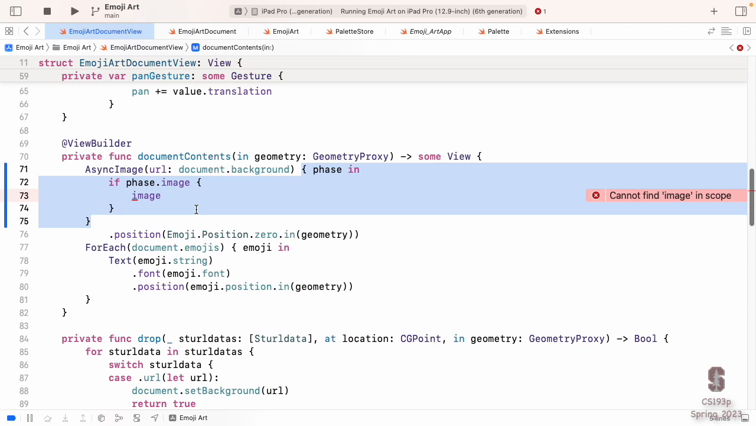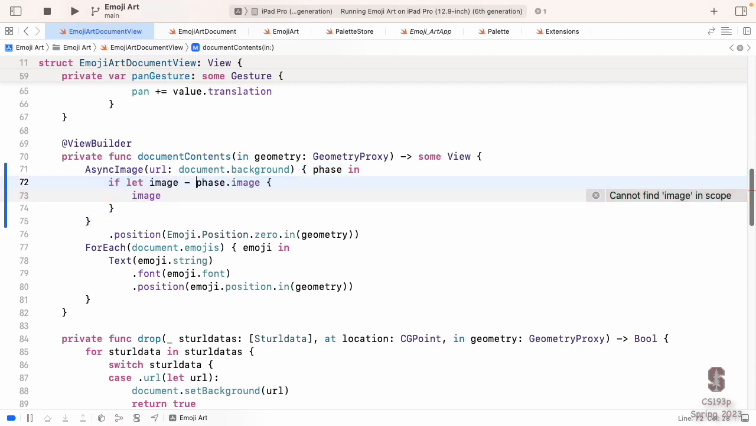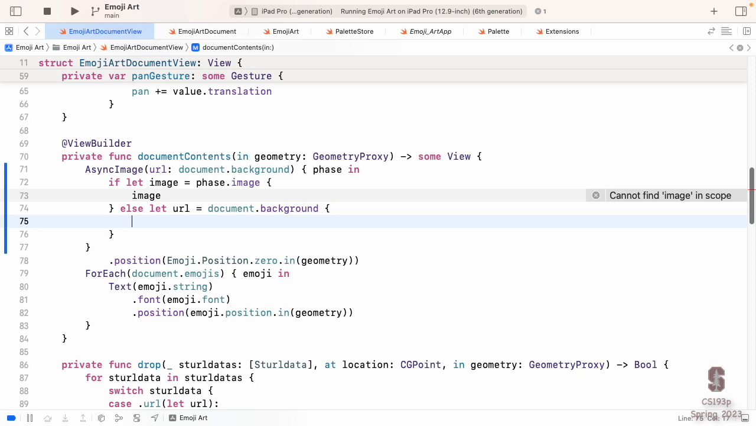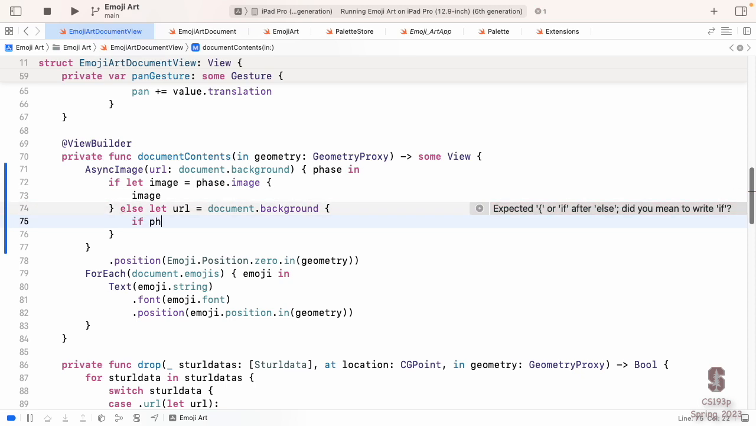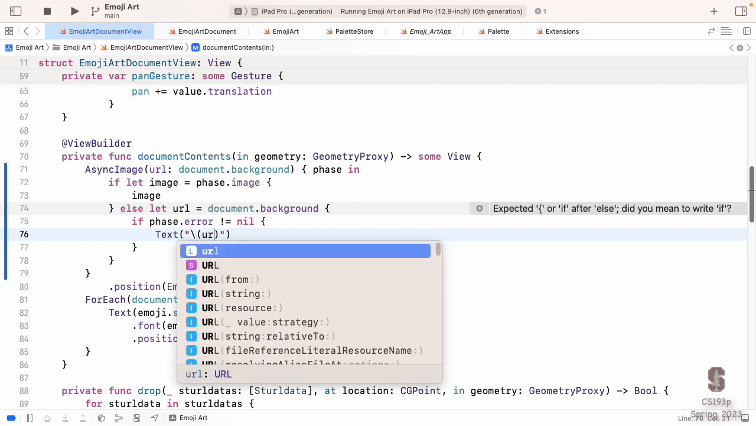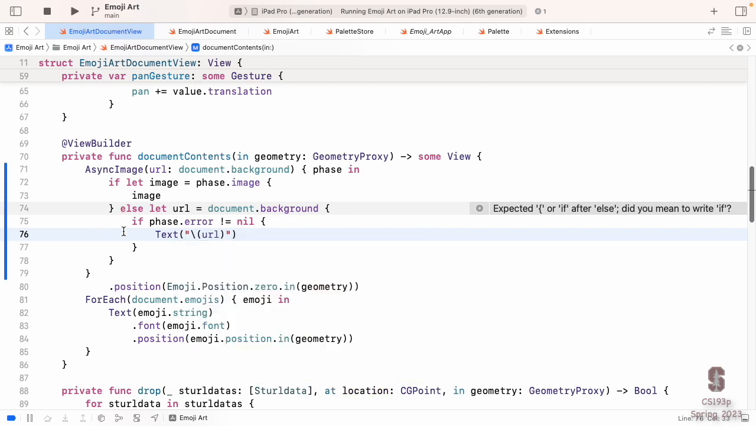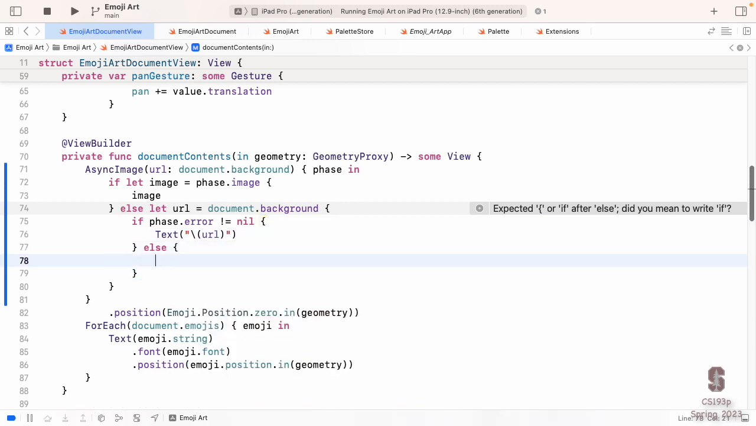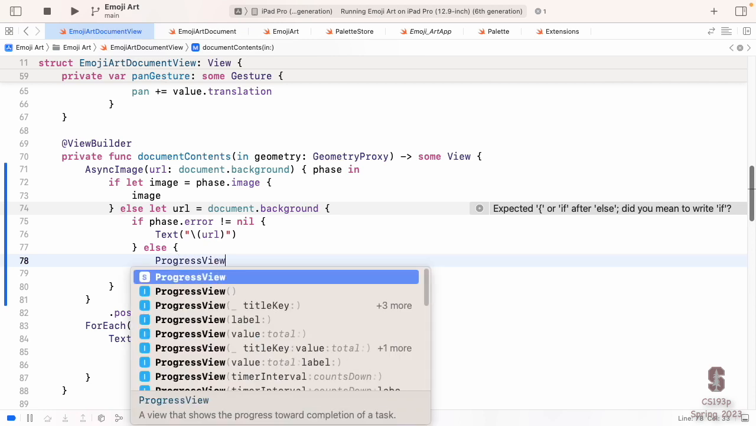So I'm going to return which view to show. Here I'll say if I can let image equal the phase's image, then I'll use that image. Otherwise, if I'm fetching, so I'm going to say if I can let URL equal our document's background, so it has our background has been set to some URL, then if the phase has an error of some sort, then I'm going to just put the URL of the background on the screen so you can take a look at it. Otherwise, I'm going to do a kind of a cool thing here, which is I'm going to use a